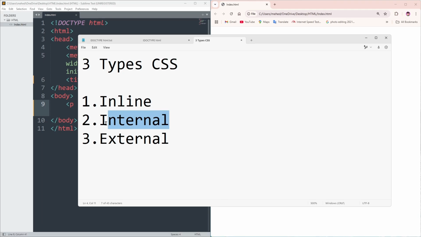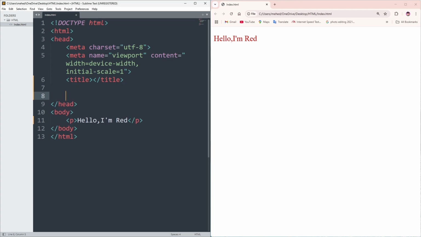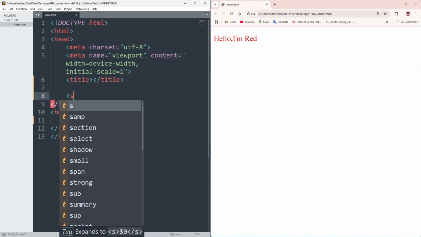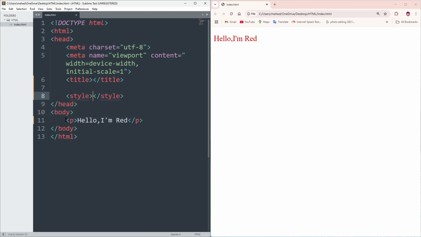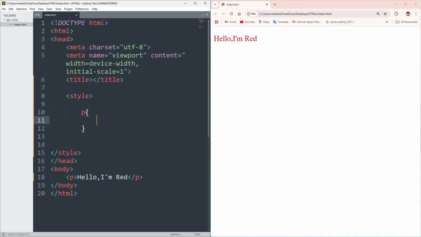And now the next one is internal CSS. So for that, what we have to do, internal CSS basically goes into the head section of an HTML file. So before that, we're going to delete this inline text, and we need to come over into the head section and add the style tag. In the style tag we want to customize the color of this p tag. So for that, we just need to type p and give the curly brackets. Into the curly brackets we can simply add the color,